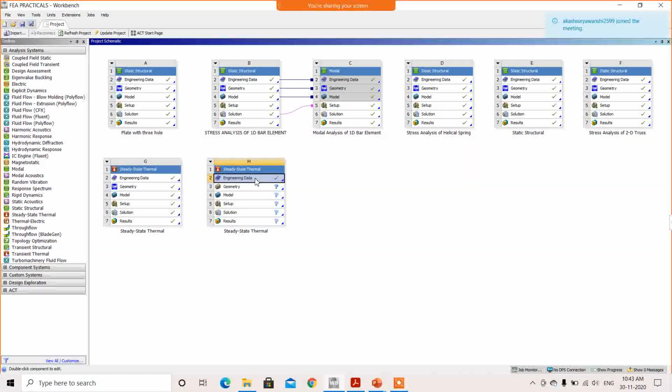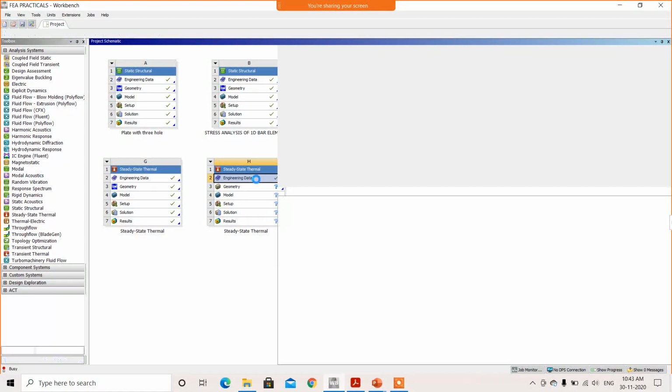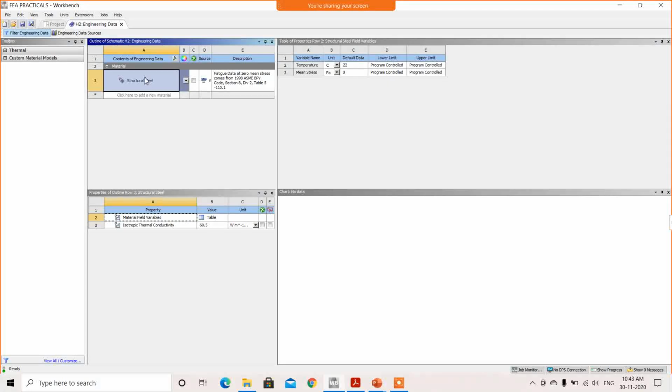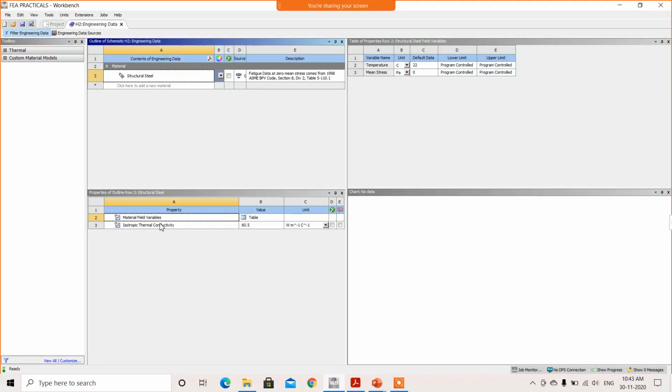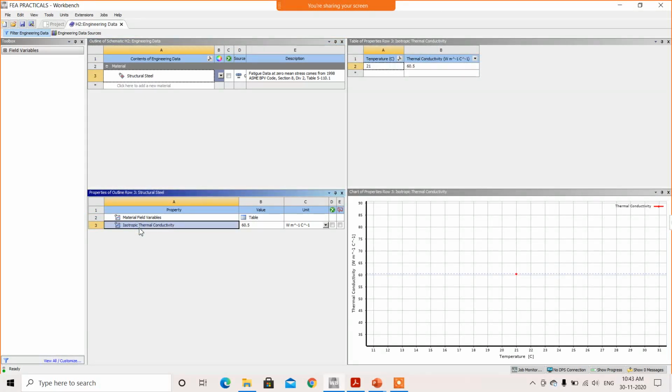In the engineering data there is a need to provide material properties. So, simply double click on the engineering data. Here you can see by default a structural steel material is available. For the thermal analysis it is mandatory that isotropic thermal conductivity should be there.